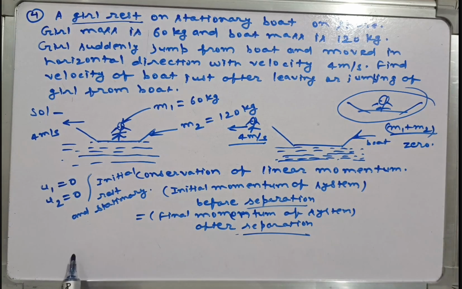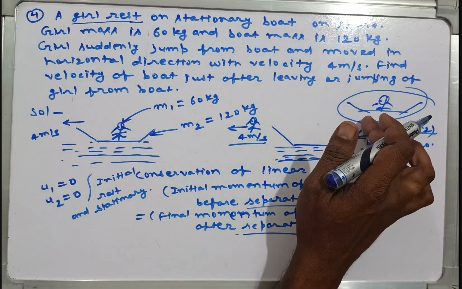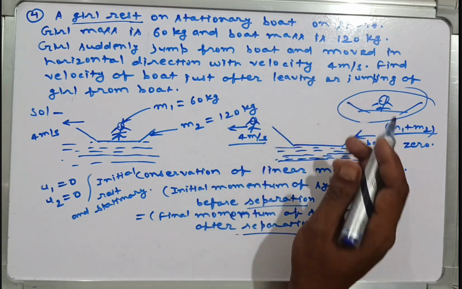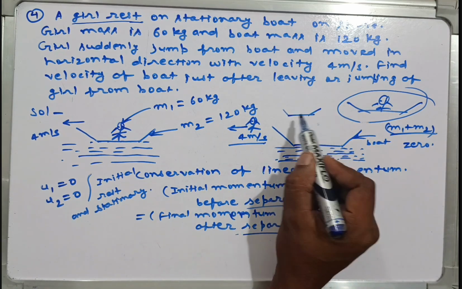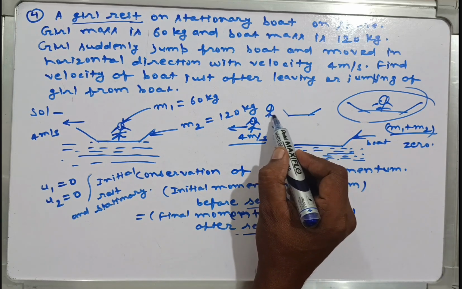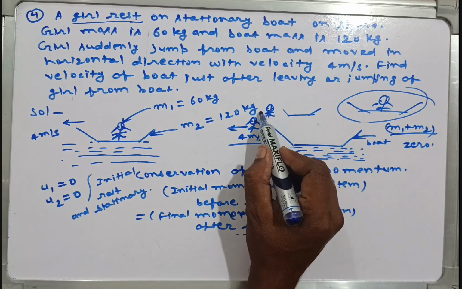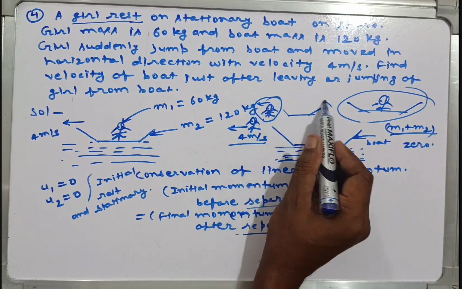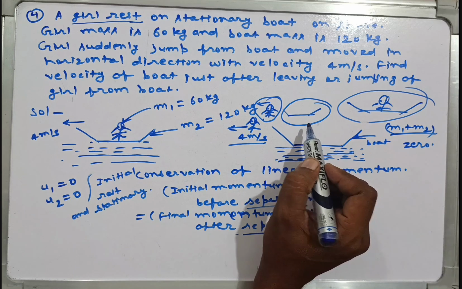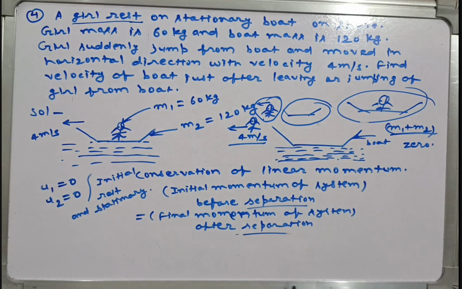So when she jumps out, it becomes two objects like this: see, this one is the girl, and this one is the boat. So we can apply the formula